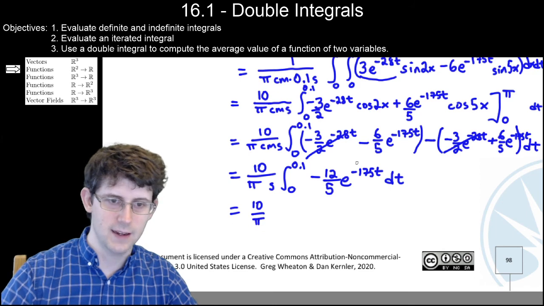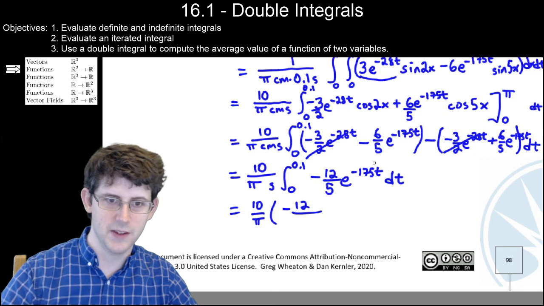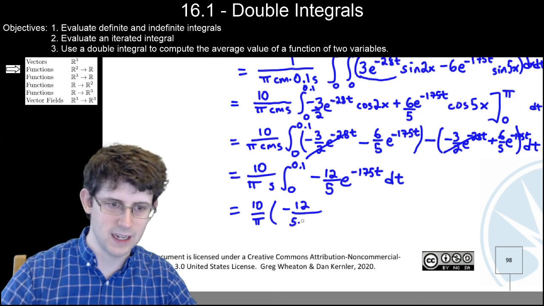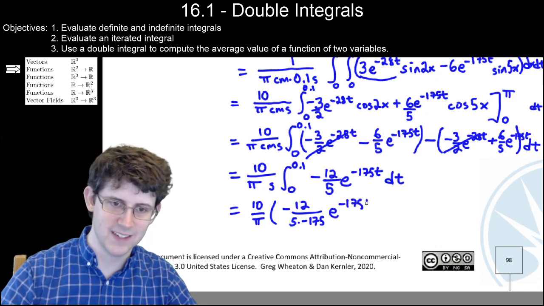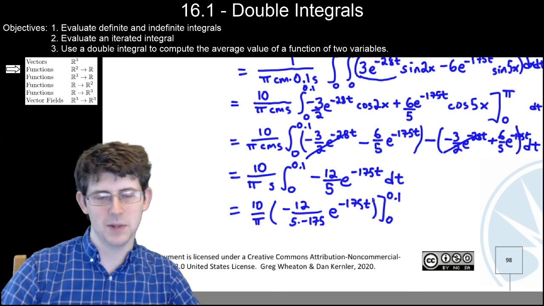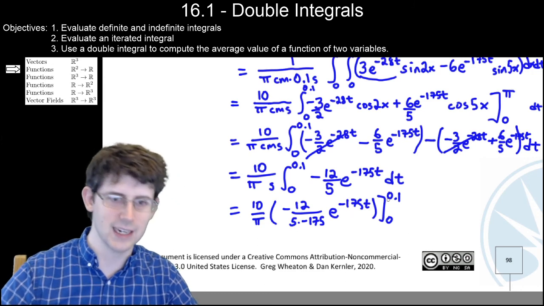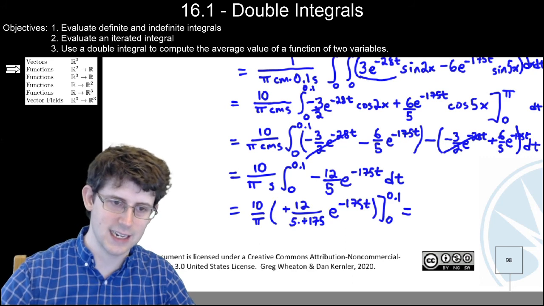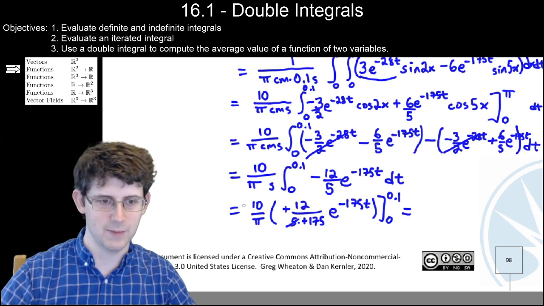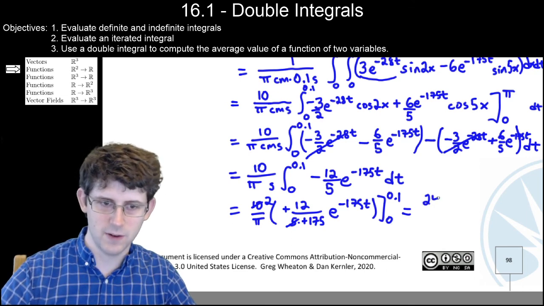10 over pi. The integral of an exponential is itself divided by the derivative of the inside here. So I'm going to have 5 times minus 175 e to the minus 175t, from 0 to 0.1. And now I see that I'm going to be plugging ridiculous numbers into crazy exponentials, so it's no longer reasonable to try to get an exact answer here. I guess I can at least get that far and maybe cancel some stuff to make it a little bit easier. But it's going to be 24 over pi,